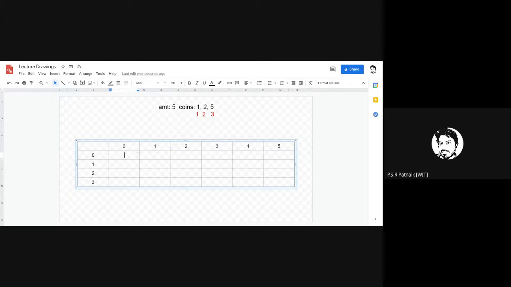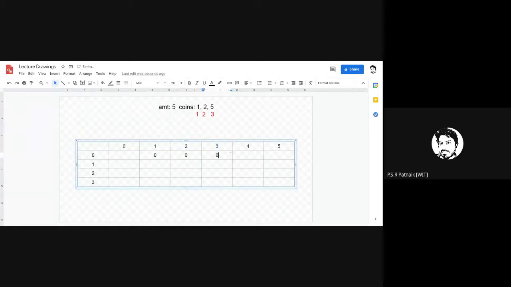But for example, let us consider 0, 1, 2 and 3. Do we have any coin at index 0 as per this? No, we do not have any coin at index 0. So with amount 1, can I realize it by using nothing? Nothing, so the value will be 0 here. In how many ways can I realize an amount of value 3 with no coins available to me? 0.